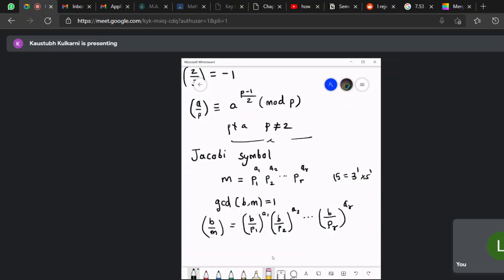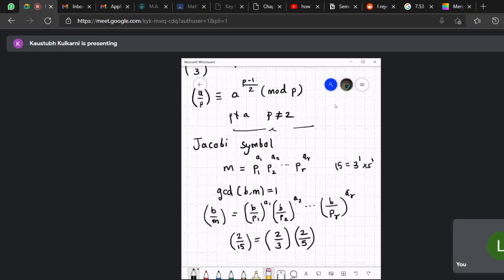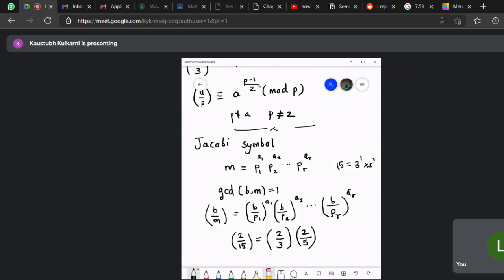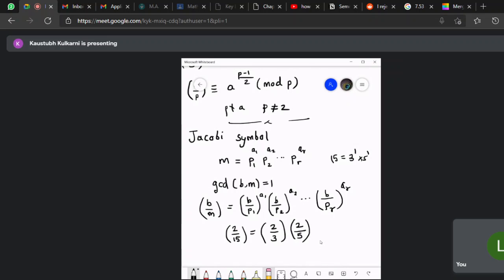Okay, so for example, if my M is 15 as we had taken here, and let's say B is 2, then 2 and 15 are relatively prime, and this is equal to the Legendre symbol of 2 upon 3, and the Legendre symbol of 2 upon 5. Now either you can use this formula to calculate the Legendre symbol, so 2 upon 3 will be,